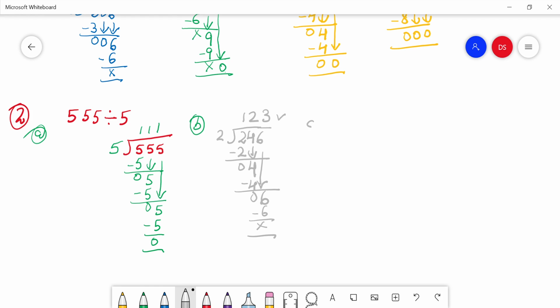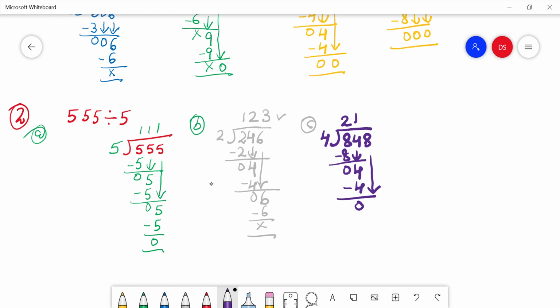Now we will do C part. 848. We will divide it by 4. 4 2s are 8. This is 0. Next is it is 4. 4 1s are 4. This is 0. Next digit is 8. 4 2s are 8. The quotient is 212. D part of this line is